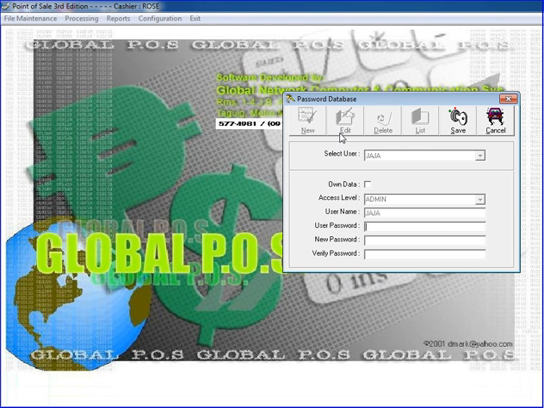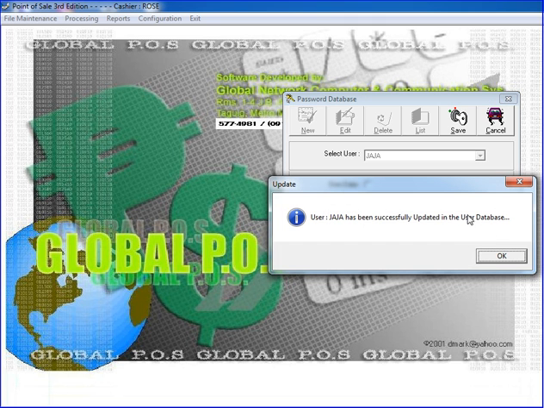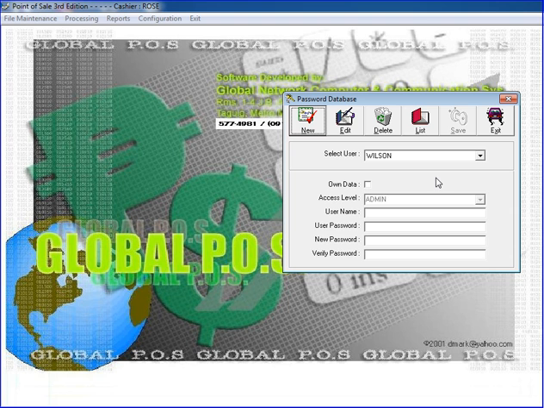click the edit button, type your existing password, type your new password, then verify your password. Enter, then OK. To remove a username, click the username to be deleted,